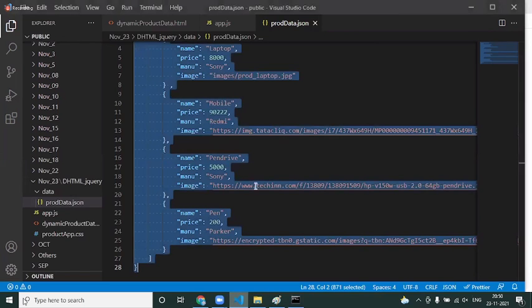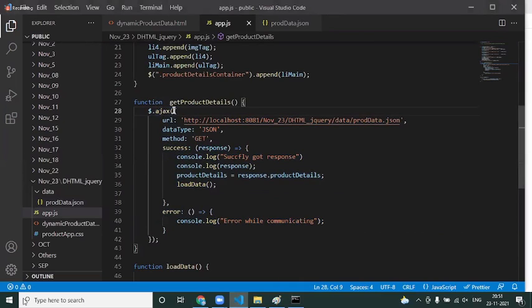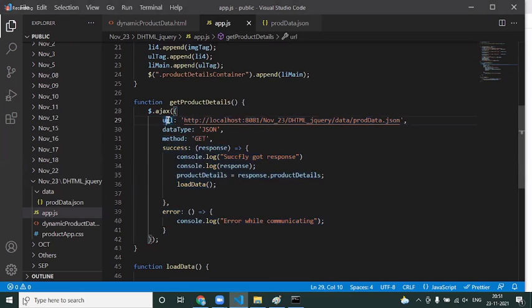Now I'm taking that URL and giving it to the $.ajax method. This is a predefined method. Who is giving this method? jQuery. For this, we need to pass some properties. You need to specify the web service URL. You need to specify what type of data you are expecting from the server, because not only JSON, it could be a string or XML, whatever the server might throw. And when communicating with the server, it might be a GET or a POST communication.